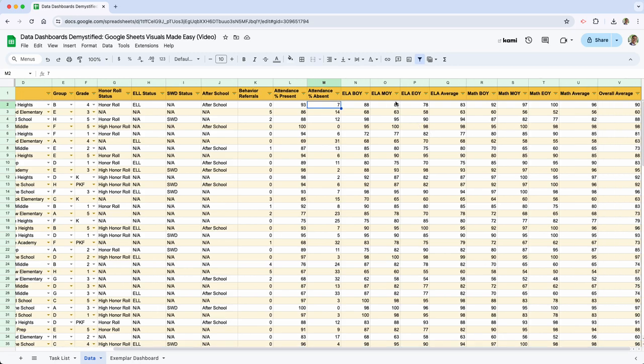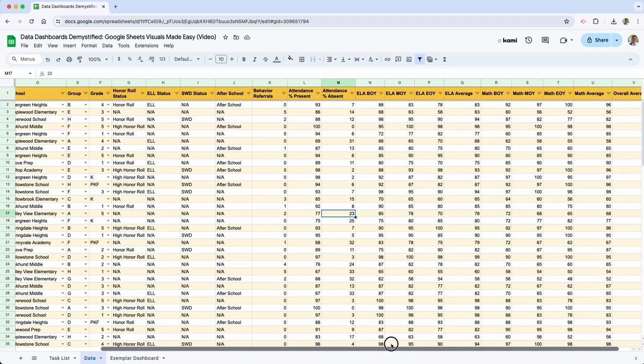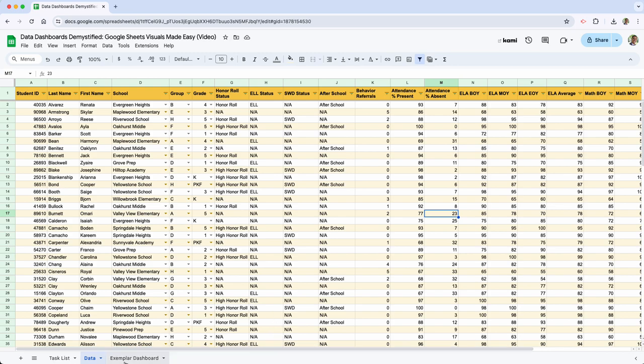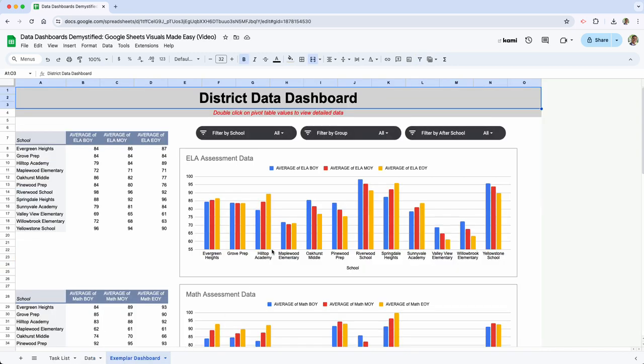Moving over, the next 8 columns are all pretty similar. There's basically 2 groups of 4 here. So we have ELA beginning, middle, and end of year scores, along with the average of those 3 scores for each student. The next 4, exact same thing, but for math. And then there is an overall average, which is calculated. In this case, I believe it's just the ELA average and the math average combined together as an overall average. So that's the sample data we're working with, and a quick look at the data dashboard before we get to